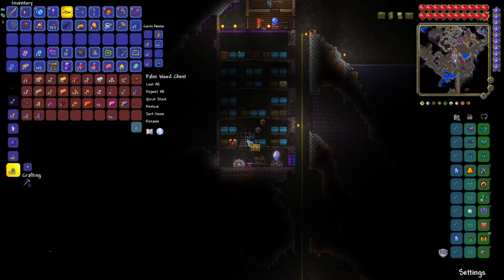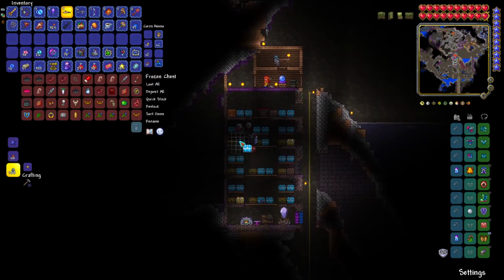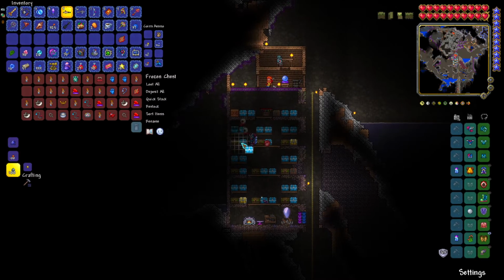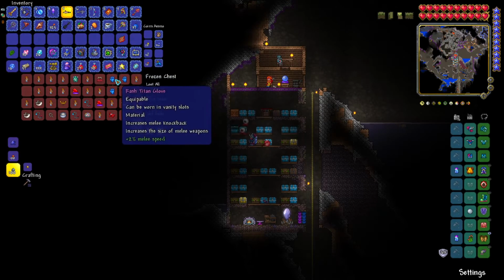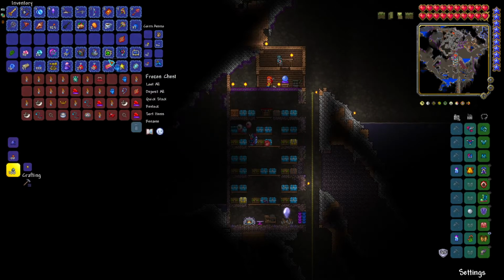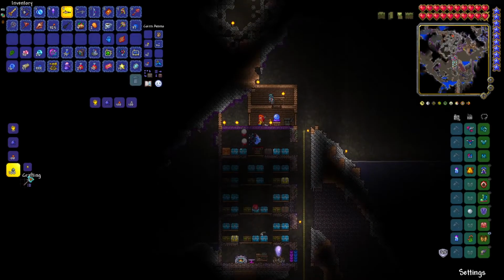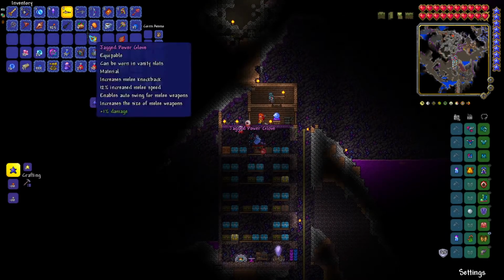Alright, I guess now I kind of want to make the fire gauntlet, because that is probably one of my favorite weapons and accessories in the entire game, because it's good. I feel like I should probably explain that more, but I don't know how. Let's see if I can craft this from memory. So yeah, we do the power glove, then we